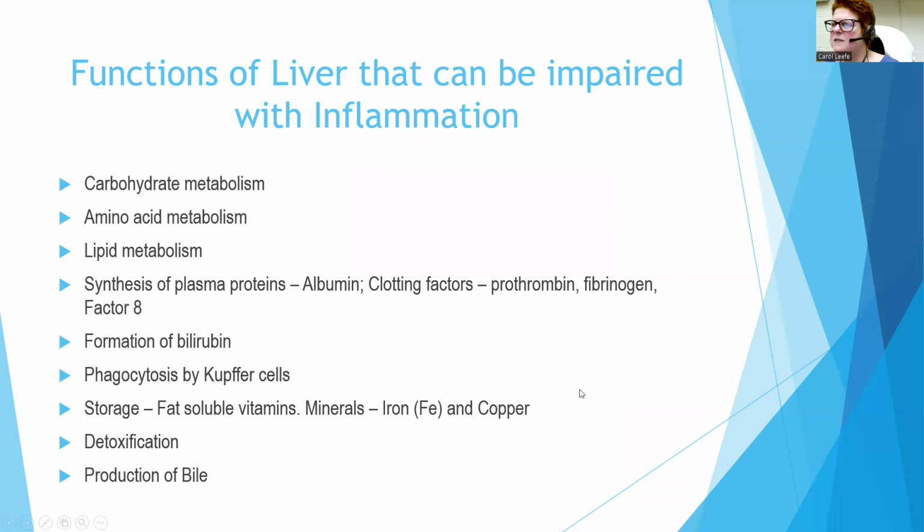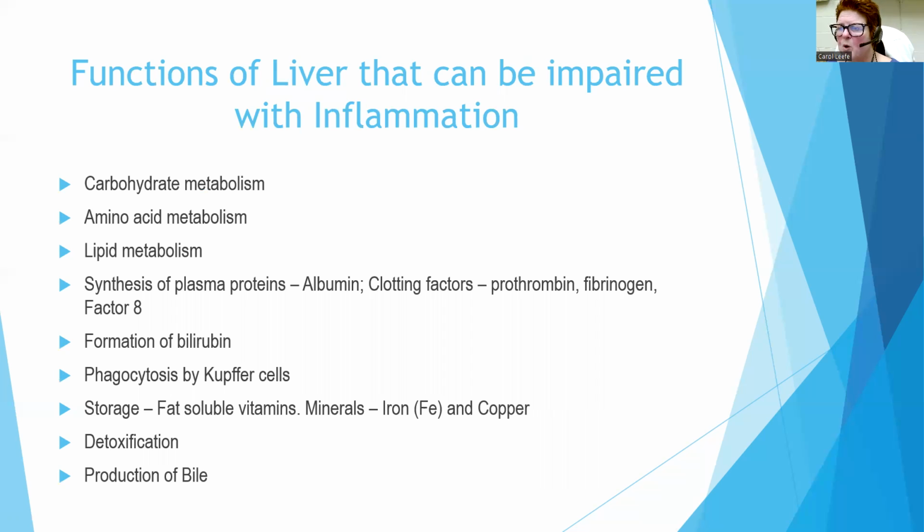So here are the functions of the liver that can be impaired with inflammation. Remember, one of those symptoms is impairment of the functions of the organ or the system when inflamed. So the functions of the liver are many: carbohydrate metabolism, amino acid metabolism, lipid metabolism,